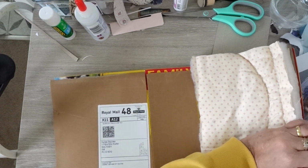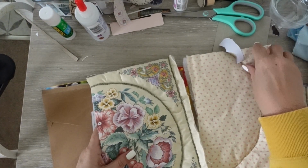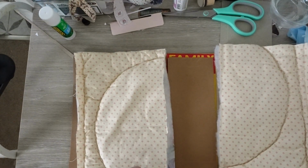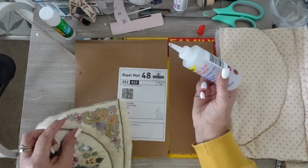I was confused about whether I was going to do it down here, but then I thought I'm going to have to. But this is what I'm concerned about, is you'll see that I've got to try then to get a needle through all these layers. So I will do it on camera and then you can see if it's a fail or not. If it's a fail, I don't know what I'll do. I guess I will have to,